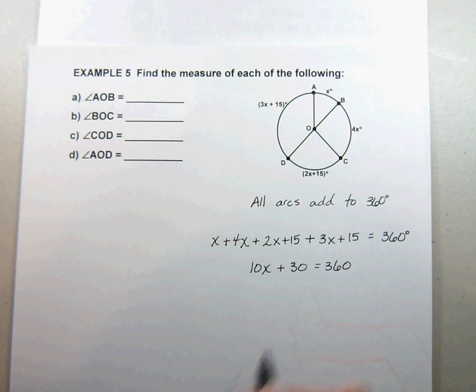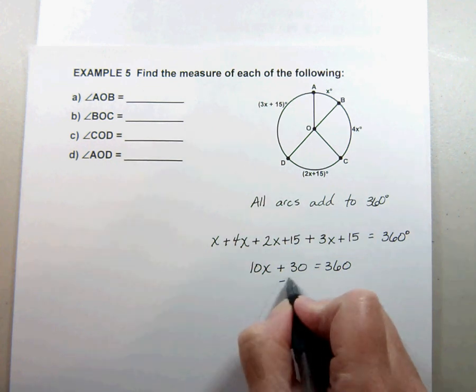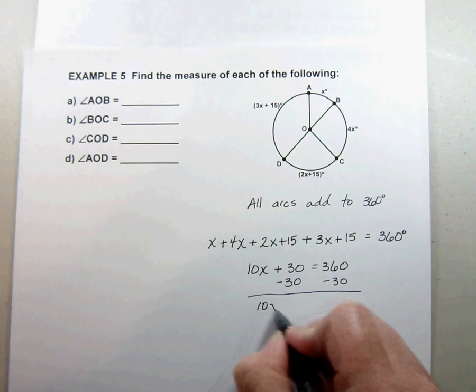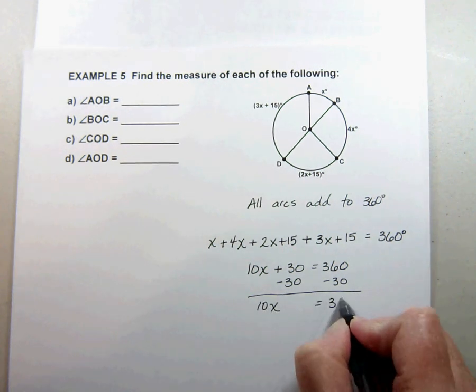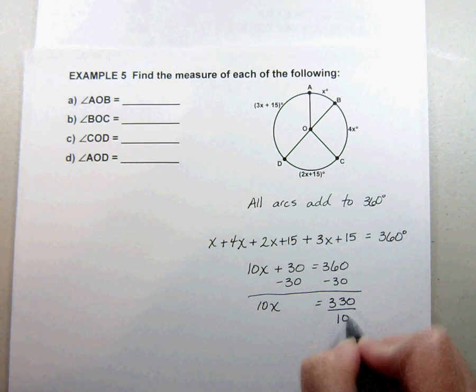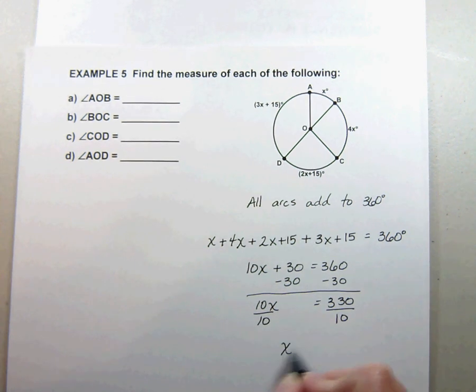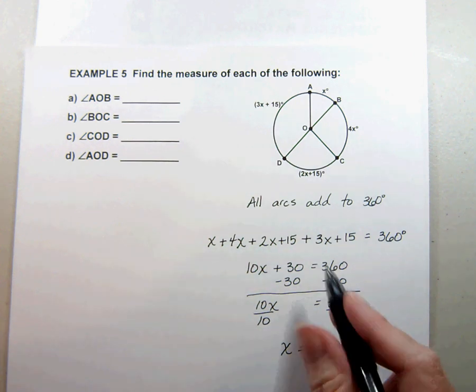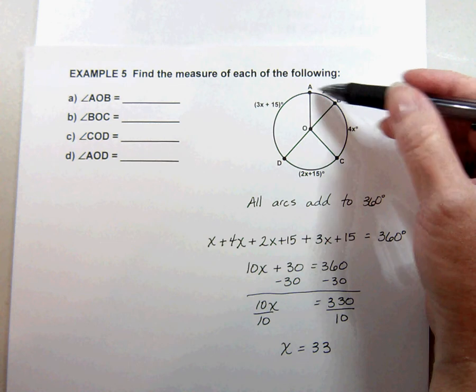See how we're now solving for x. If you subtract 30 on both sides, that leaves you with 10x is equal to 330, and then divide by 10. So x is 33. Now that we know what the x is, if you just substitute your 33 back in the problem here, that means that